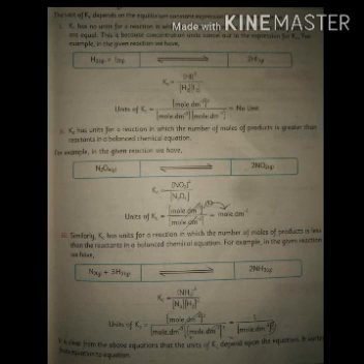In the second case, Kc has units for a reaction. Why does it have units? It is because the number of moles of product is greater than the reactant in a balanced chemical equation. Similarly, in the third case, Kc equilibrium constant has units for a reaction. Why do the second and third cases have units and the first one hasn't? Because in the first case, the moles of the reactants and products were equal. In the second case, moles of the product were greater than that of the reactant, while in the third case, the moles of the product are less than the reactants in a balanced chemical equation.